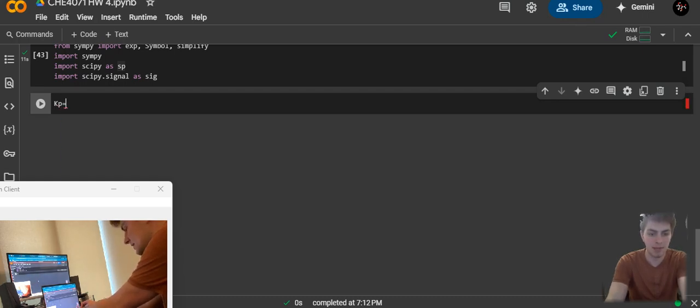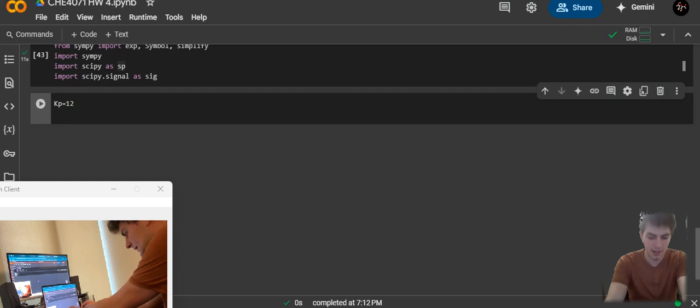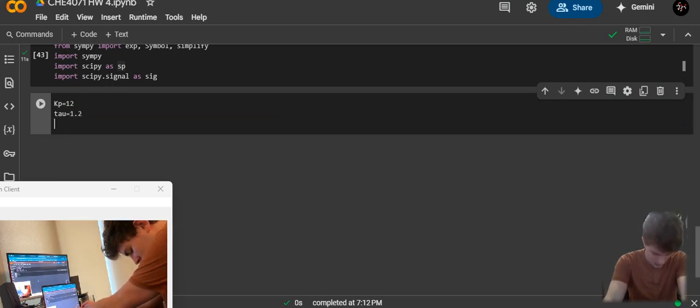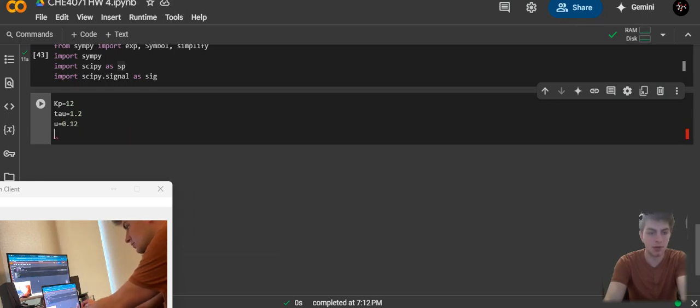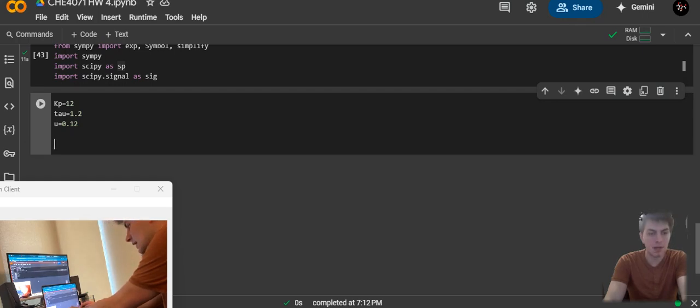So Kp here is 12, and that's given to us. We said tau is 1.2. Our set point is u, which is 1, 2. And so then our process gain here is going to be